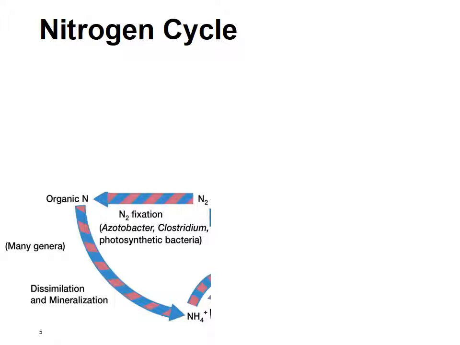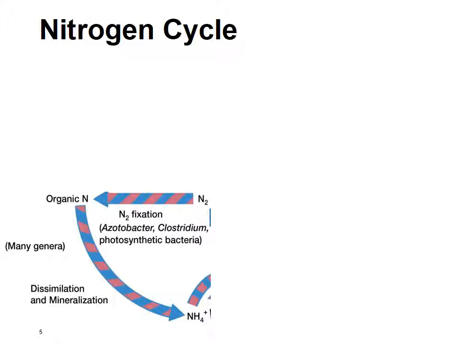Now, the addition of electrons for every nitrogen requires lots of energy and a fair amount of reducing power. So the nitrogenase enzyme that catalyses this reaction is very sensitive to oxygen and has to be protected from oxidizing conditions. Now, ammonia made by nitrogen fixation is immediately incorporated into organic matter as amines, as I said, and then these amine nitrogens are eventually introduced into proteins, nucleic acids, and other biological molecules. The nitrogen cycle then